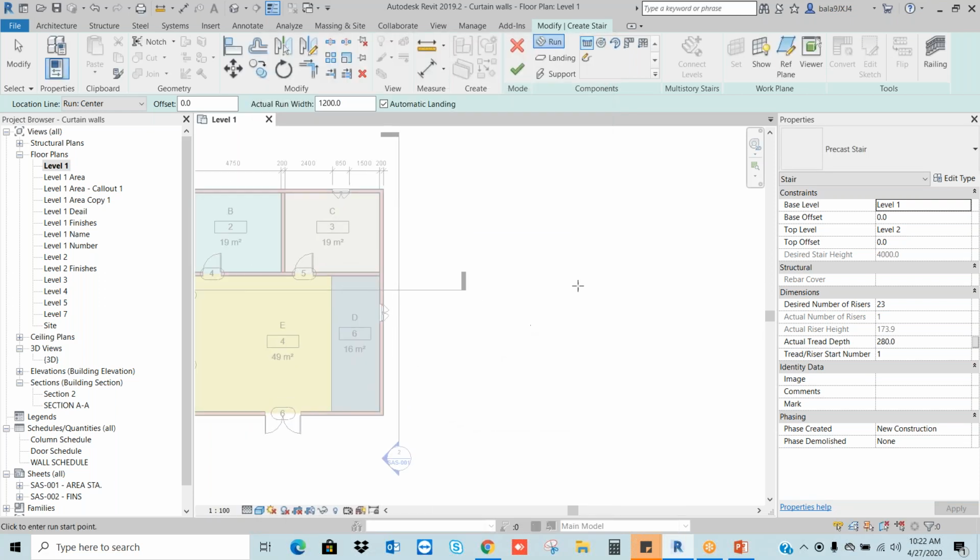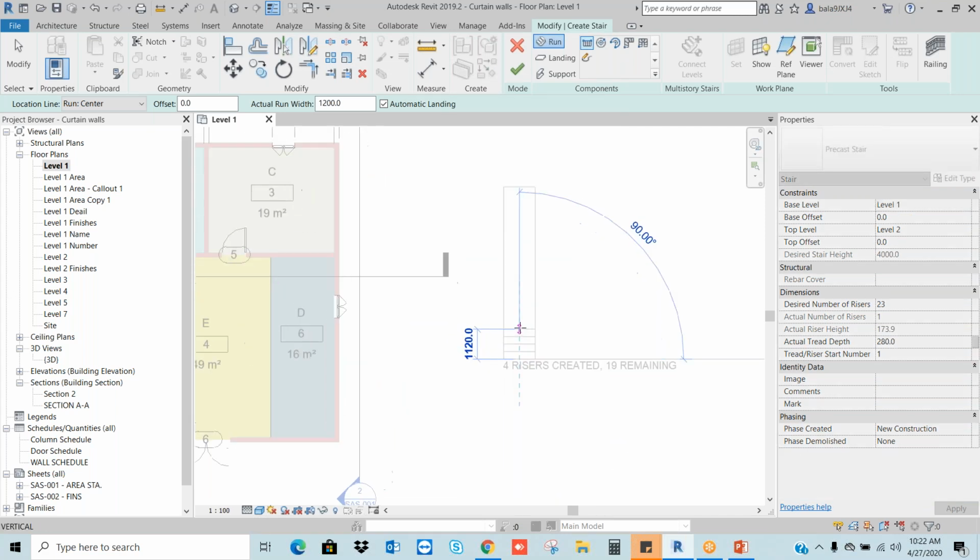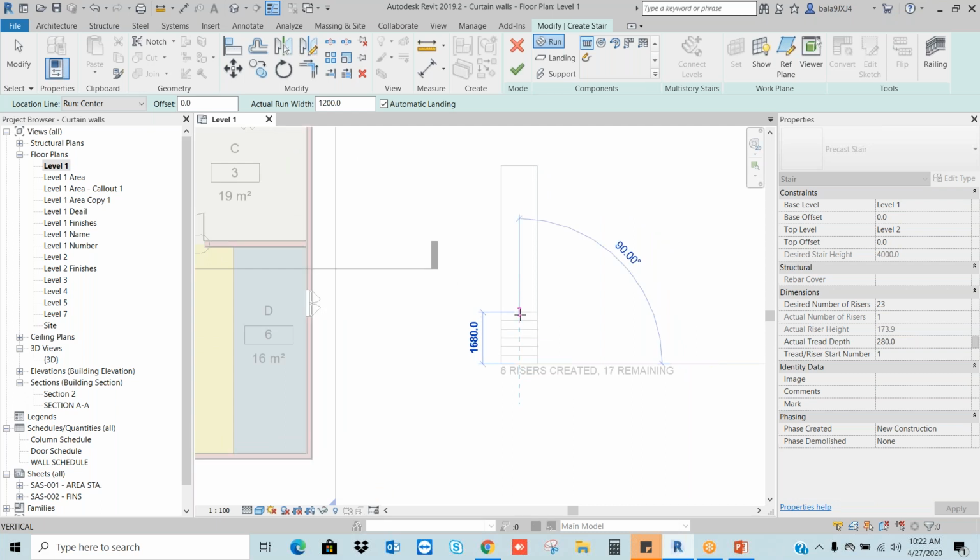Let's say I want to draw staircase somewhere here. I'm starting here. Right. See now when I draw the staircase, I can see the 5 risers, 6 risers created, 7 remaining. How many total my risers? 23 risers, if you see in the properties. Let's say for example, I am going to create few more.